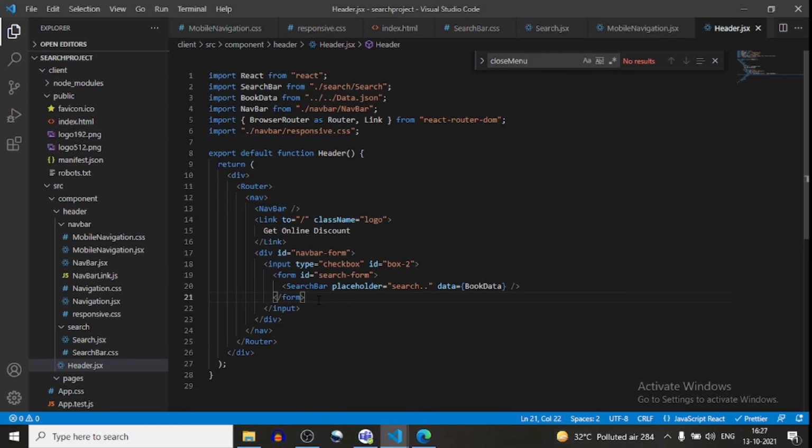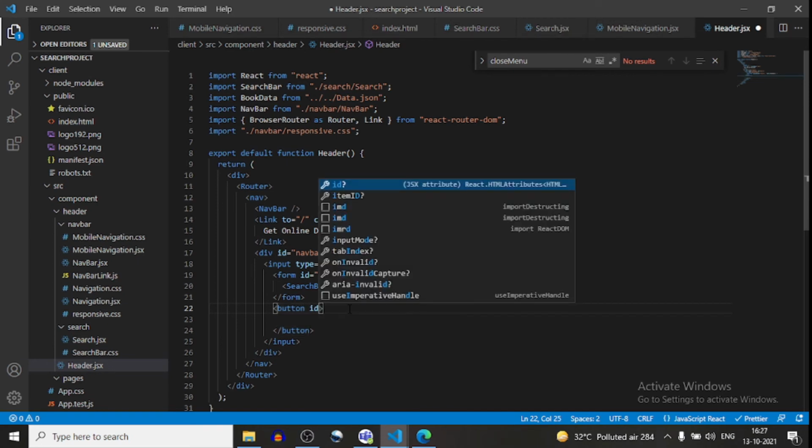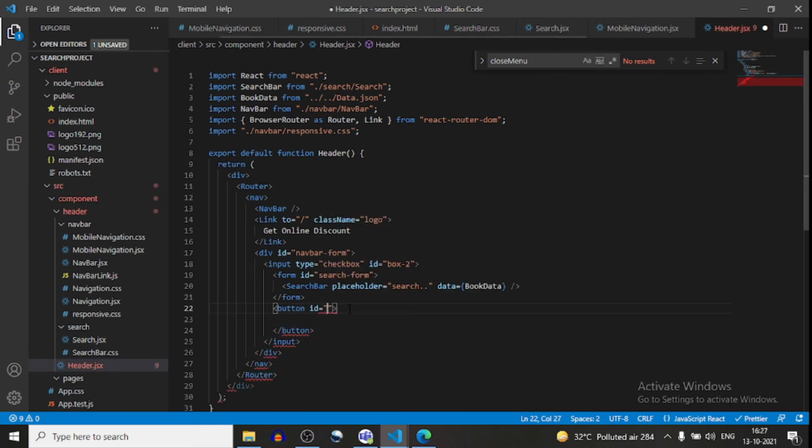Inside this form I will write a button, and the button id will be search-btn, and type equals to submit. Inside this I will create a span.